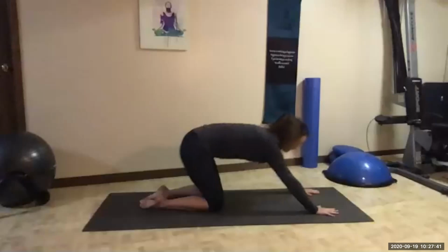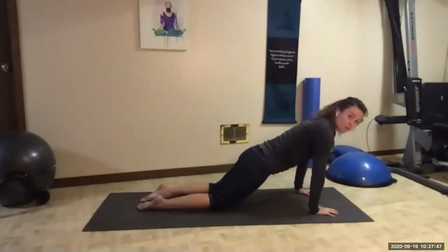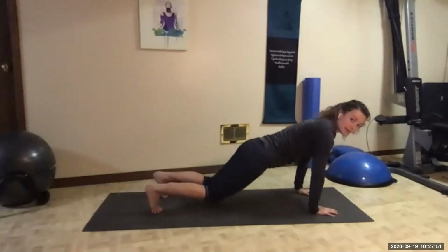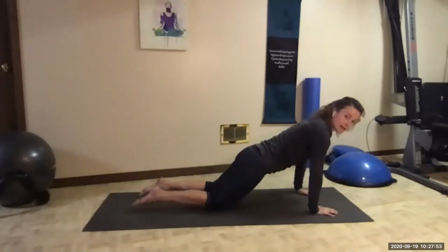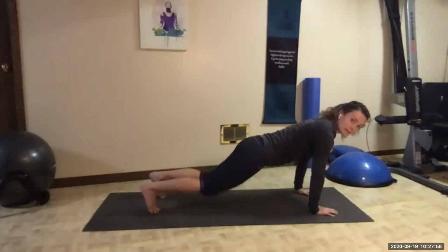So from child's pose, we come forward into a kneeling plank. Shoulders are stacked above hands. Hips are coming forward so that we're in a plank position if we were to just straighten out our legs. See how I did that? I'll do that again. So from modified plank, if you just lift your legs up, you're already set in a good plank